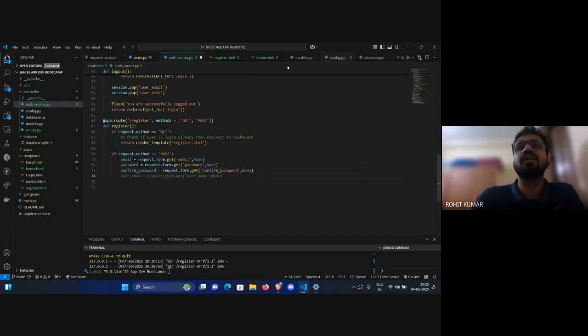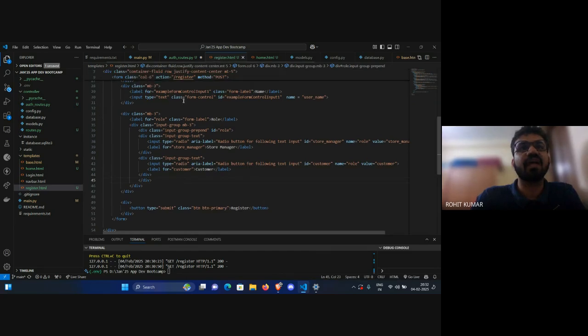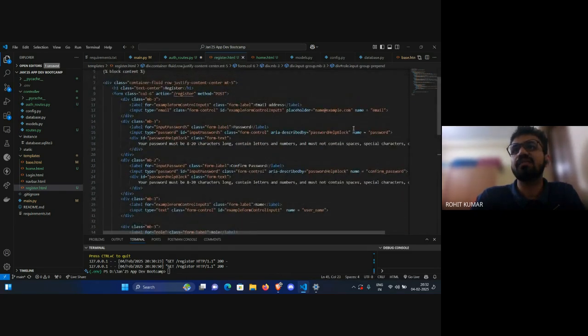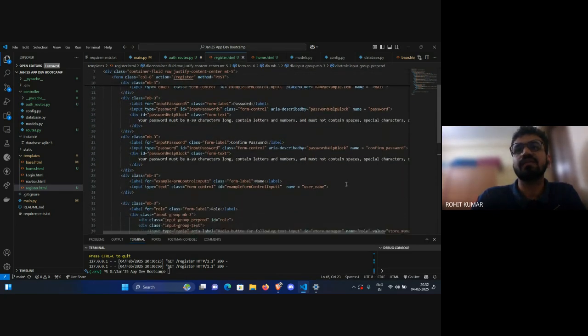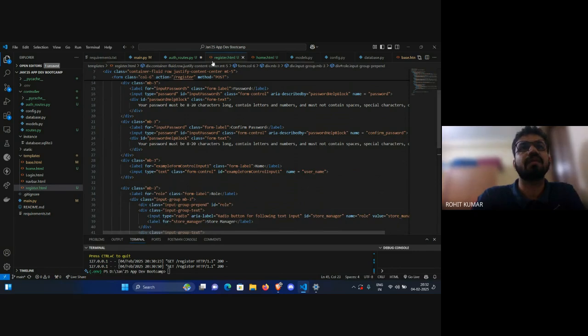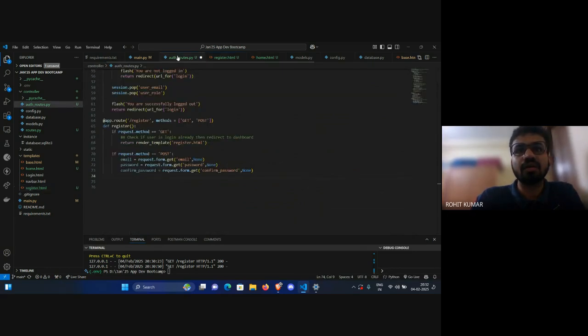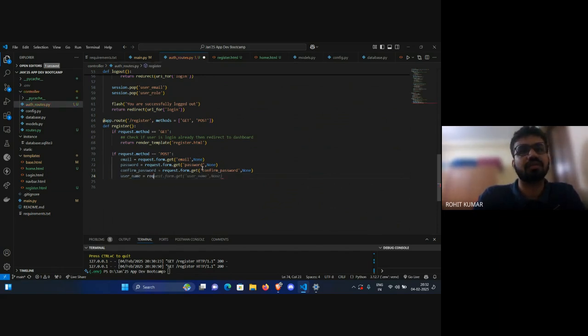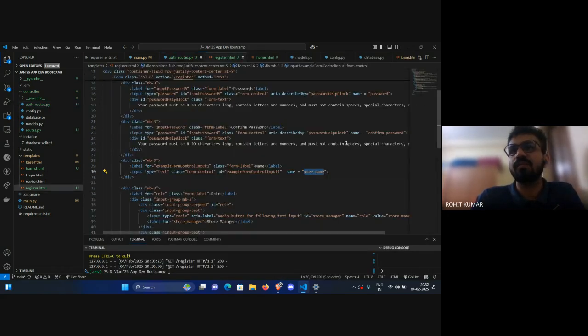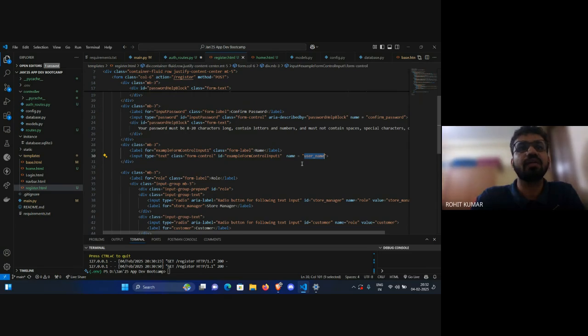Similarly, what all fields were there in the register.html file? We have taken three: the email, the password, and the confirm password. Now we need to take the username. And the name given is user underscore name also. So user underscore name is request.form.get the username. And the next thing which we need to take from the input is this radio button,